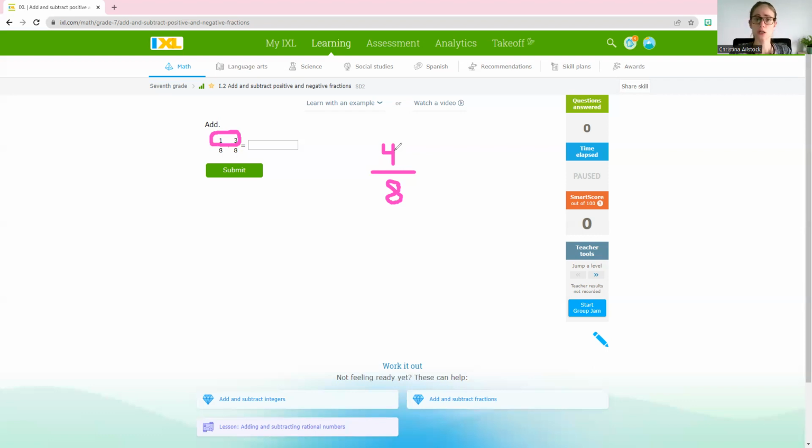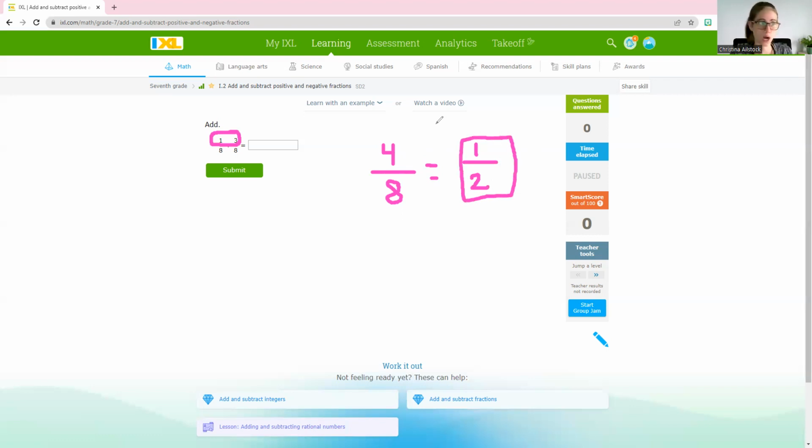You can either look for the GCF and divide by the greatest common factor, or you can potentially do repeated division and just keep dividing until you no longer can divide. Well, I see that both 4 and 8 have a factor of 4 in common. I can divide them both by 4. So when we do that, 4 divided by 4 is 1, 8 divided by 4 is 2, giving us a